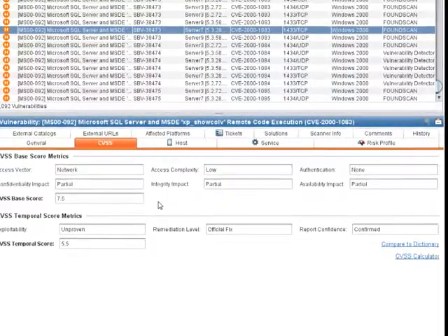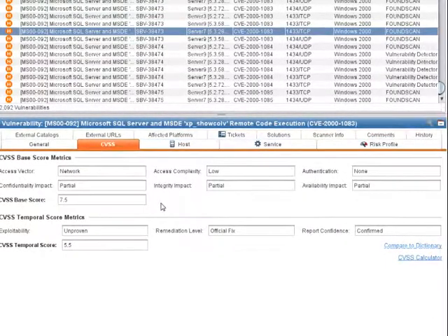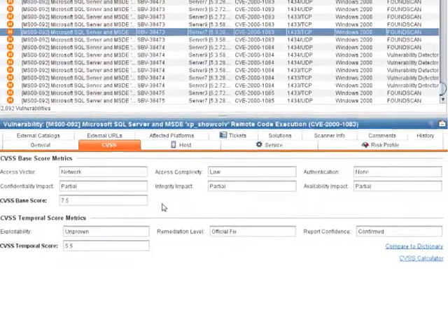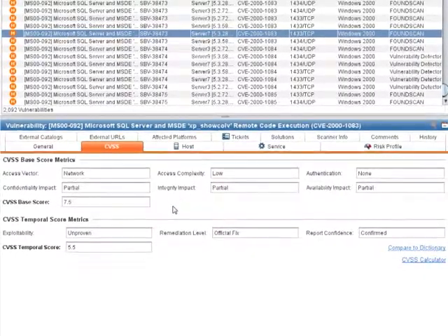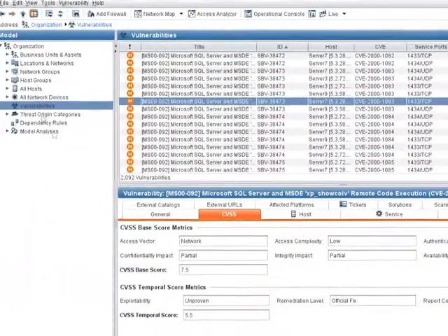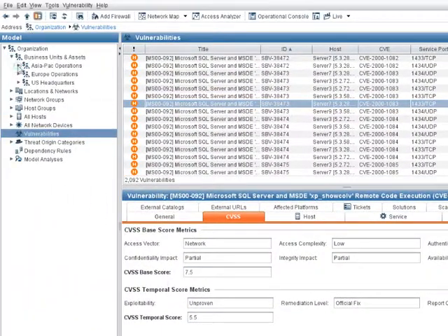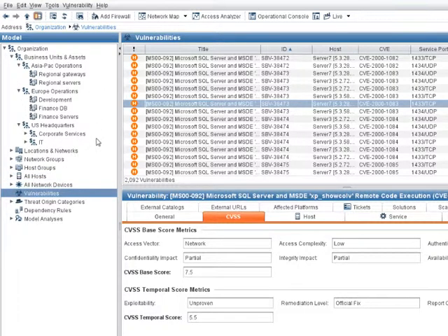One of the questions that we want to ask is, how much do I care that a particular vulnerability is on a particular asset? So the CBSS impact data tells us what happens if that vulnerability is exploited. Now we want to match that up with business units and assets. Our business units and assets describe the customer's critical assets and are grouped into asset groups. So in my finance database asset group,